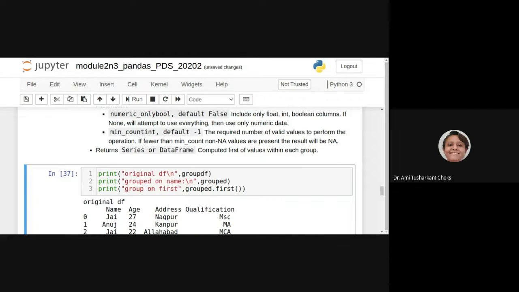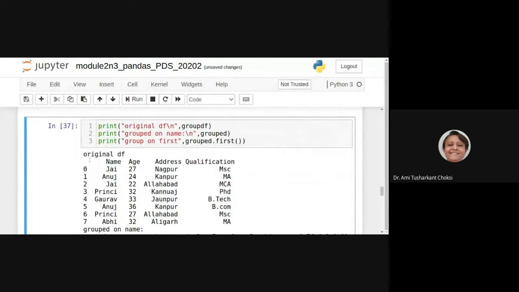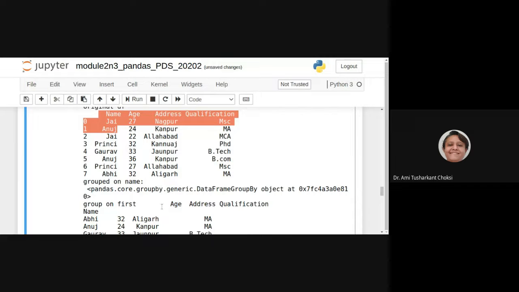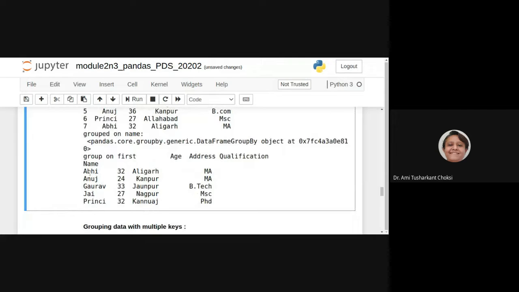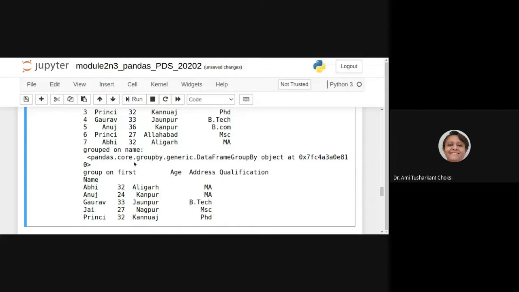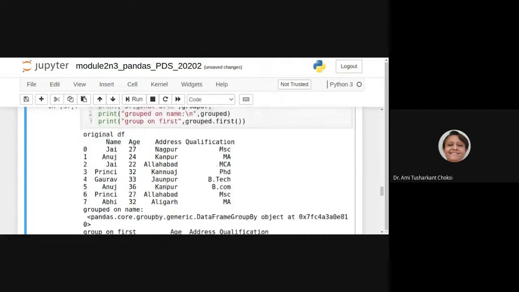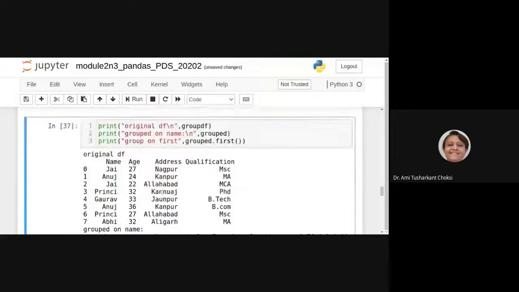Now let's see. So this is the original data, right? Original DF, where we are having Jai twice, Anuj twice, Princey twice, right? This is the original data frame. What was grouped? There we can say it was the data frame grouped.